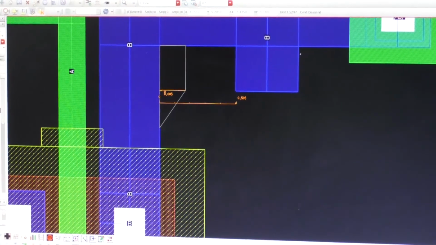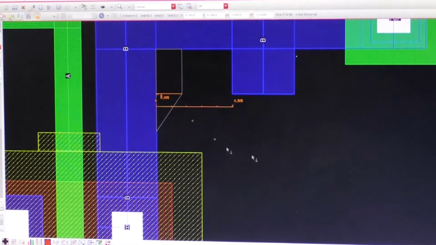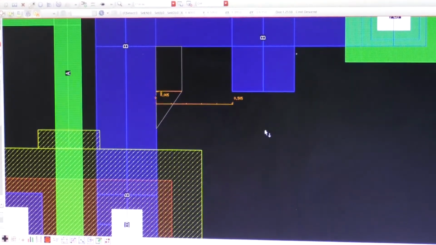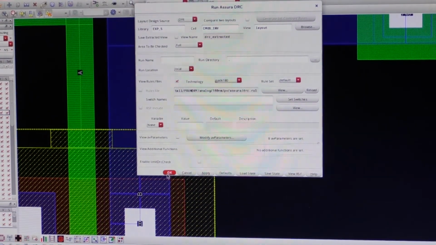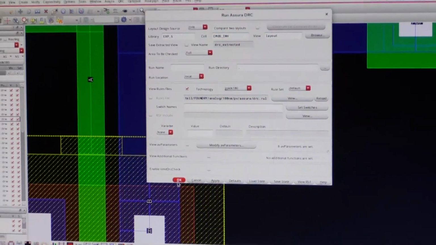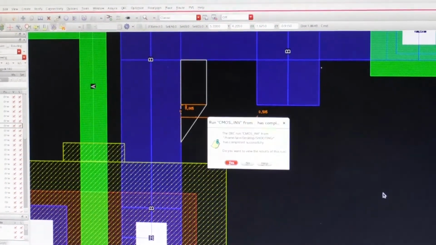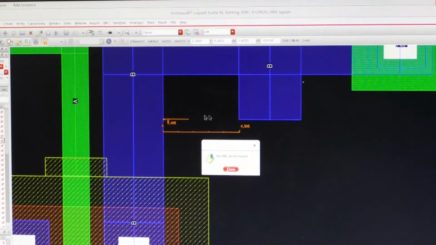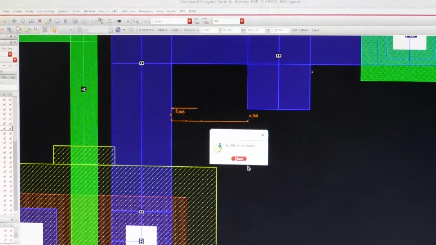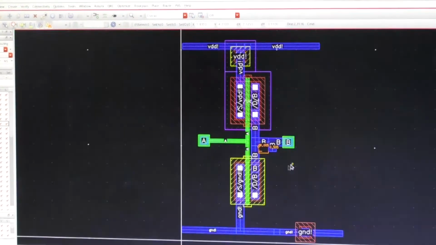Let's run Assura and DRC. Yes, if you click on this, okay. Now let us see the design rule violations. Yes, no DRC response means we have met all the design constraints, so there is no DRC issue.